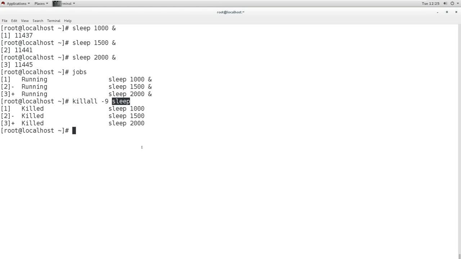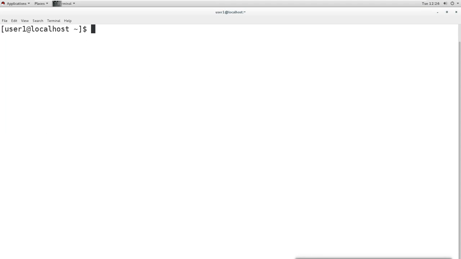Like, I will first run some processes as another user. Now this is user 1, this is user 1 logged in. Now this user will run some command like sleep 1000, put it into the background.